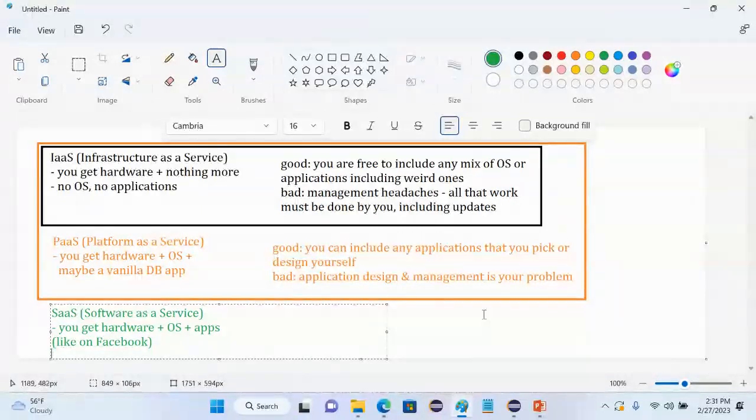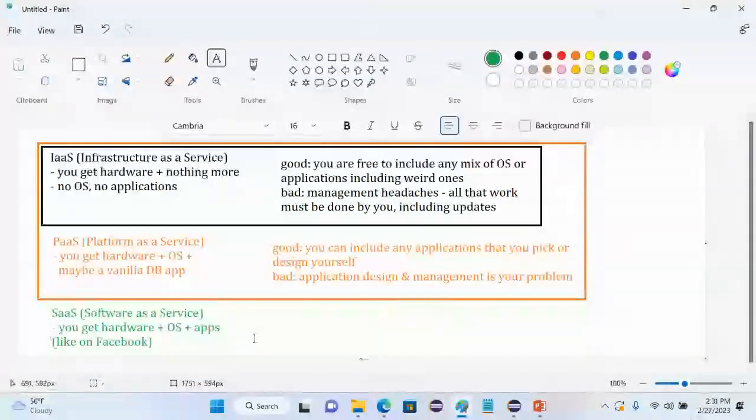There may be applications that have an opt-in feature, just like on Facebook, you can opt in to instant messaging, but you don't have to, right? That's not something that everybody does. So the good for software as a service,